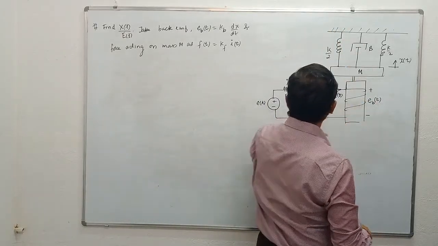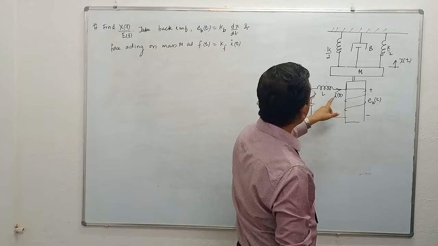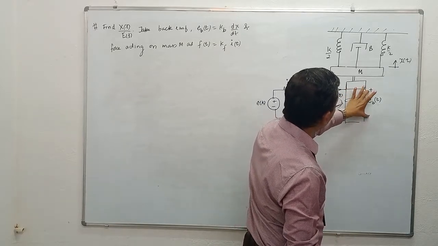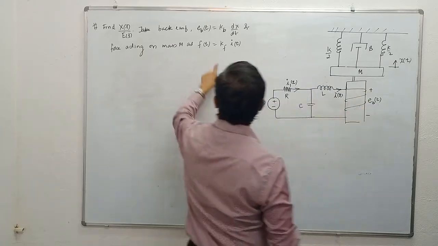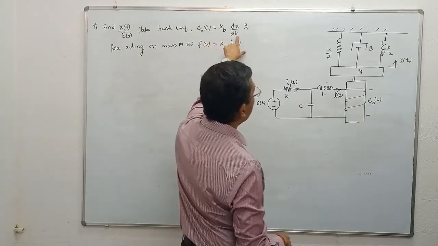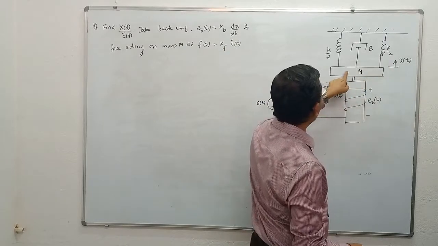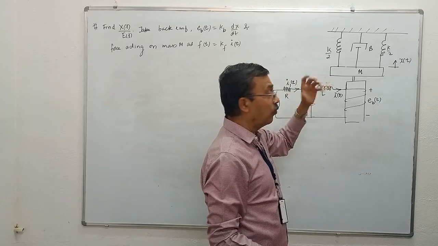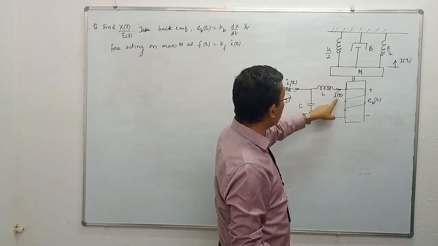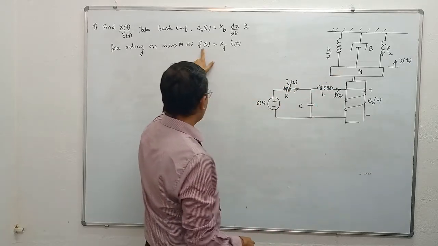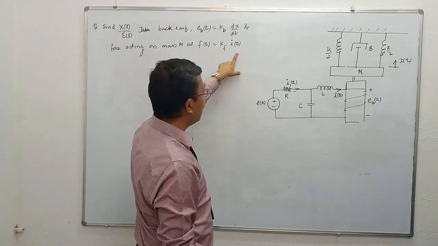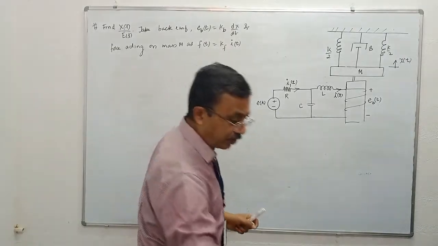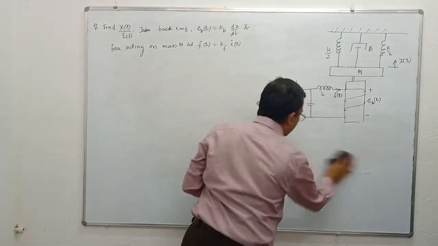It's an electromechanical system. We have got a winding across which a back EMF is induced, and that back EMF is given by kb into dx/dt. x is the displacement of mass m. The force acting on mass m is electrical force and is proportional to the current I(t). That's why you are given f(t) is equal to kf into I(t). So first we shall consider only the electrical part of the system. Very, very interesting problem.